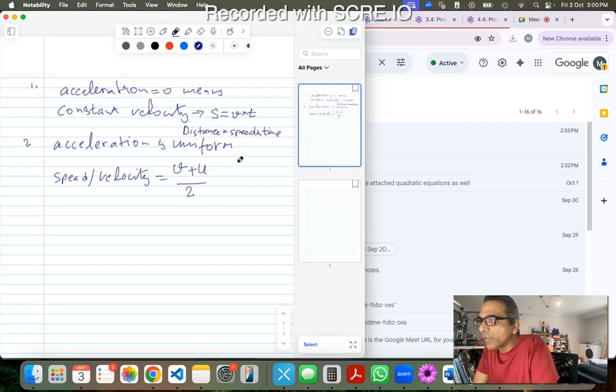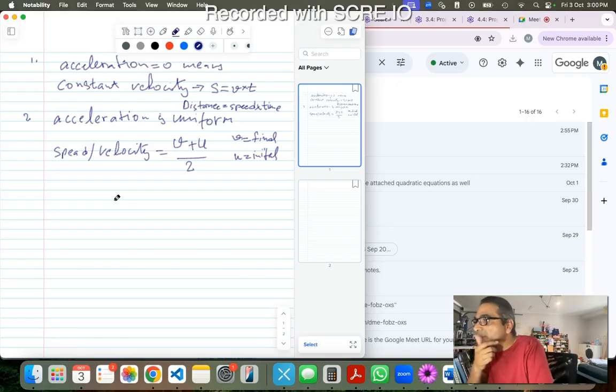Okay, v is the final velocity and u is the initial velocity. Okay, so using this concept,